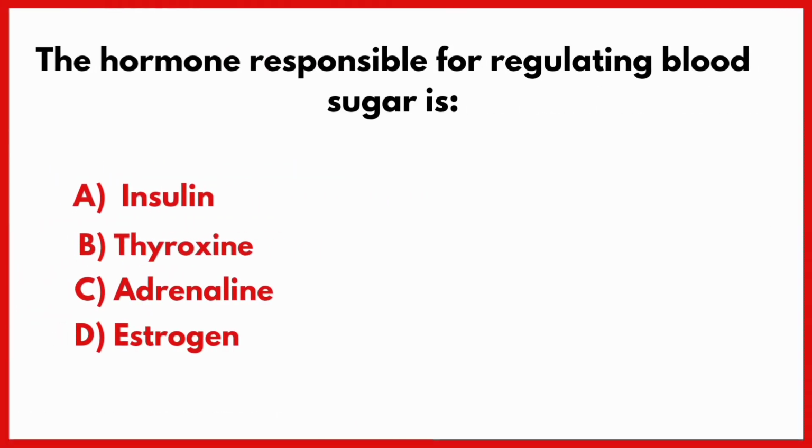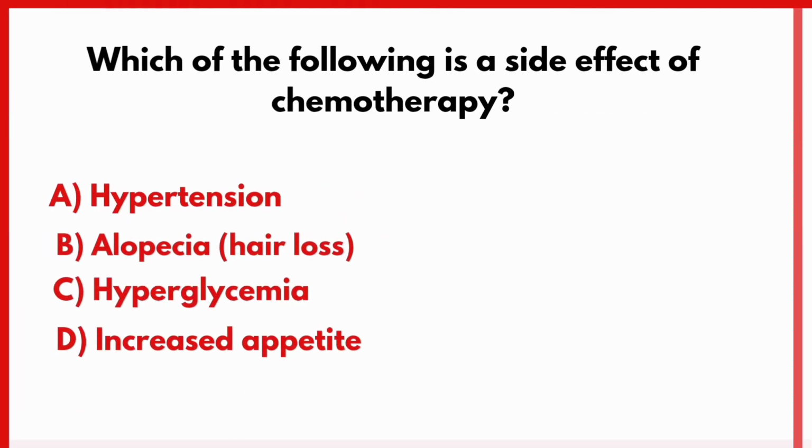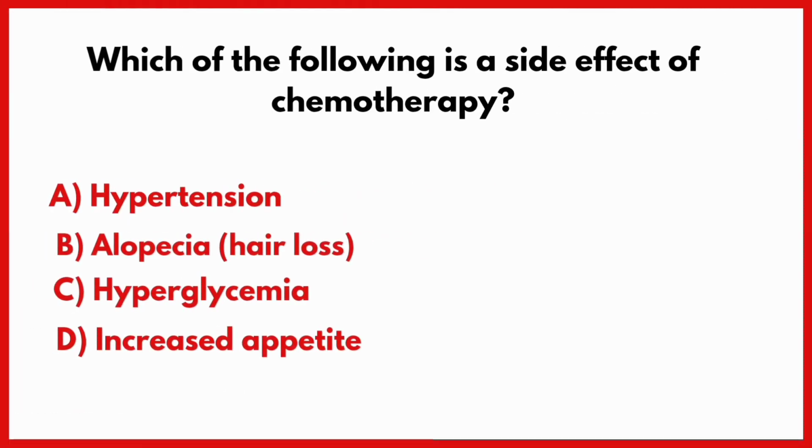The hormone responsible for regulating blood sugar is. Correct answer is option A, insulin. Which of the following is a side effect of chemotherapy? Correct answer is option B,